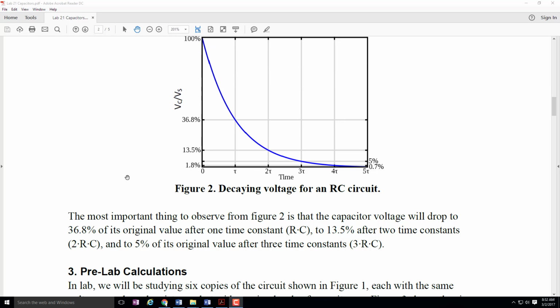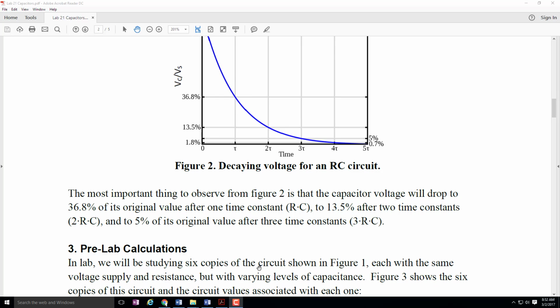So after each time constant, it's kind of weird, by the way, that R times C is going to give units that are in seconds. If you just take R in ohms and C in farads, then it'll give you time in seconds. But that's true, it does. So when you multiply those two numbers together, you actually get a time. And that time is how long it will take for the system to decay down to 37% of its original